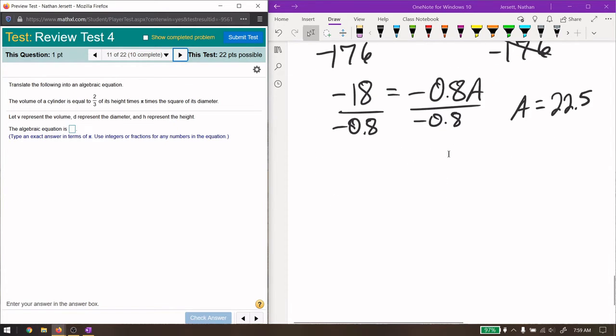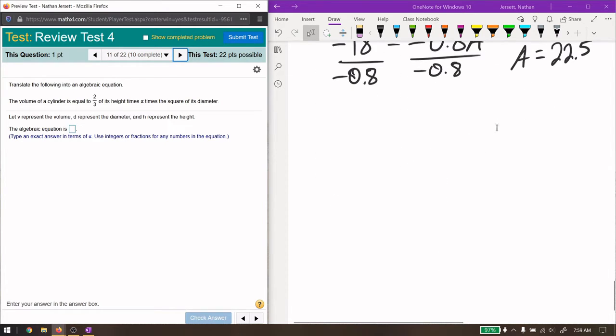Right. Translate the following into an algebraic equation. The volume of a cylinder is equal to the volume of a cylinder. Well, I'm going to use V for that. Oh, it says right here, let V represent the volume. We have V